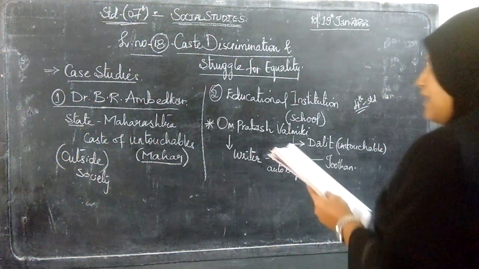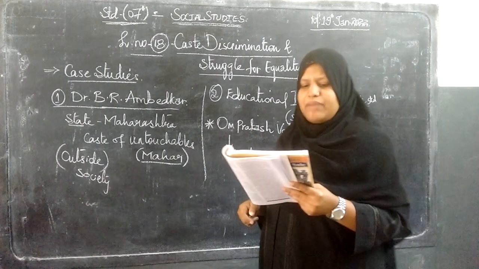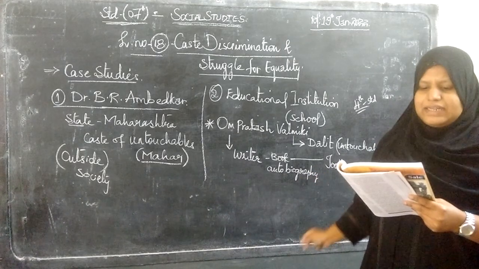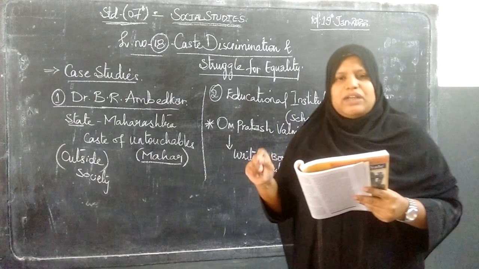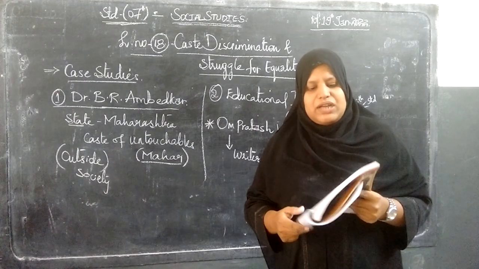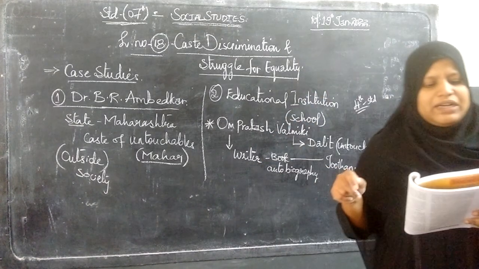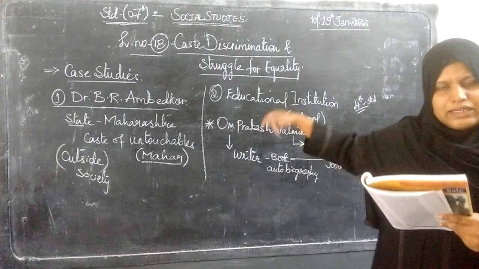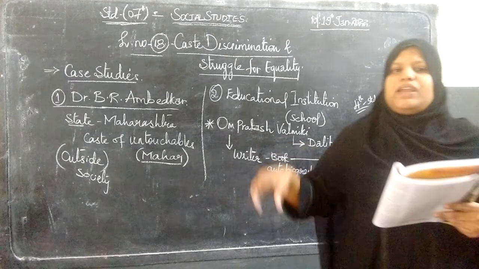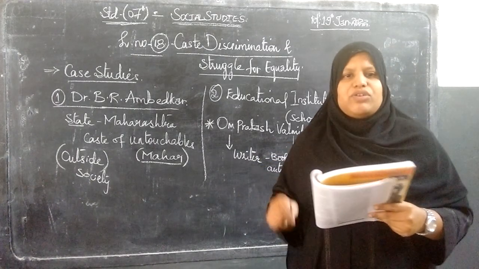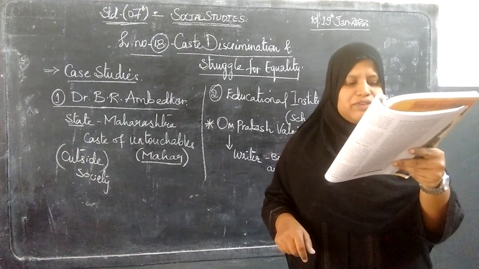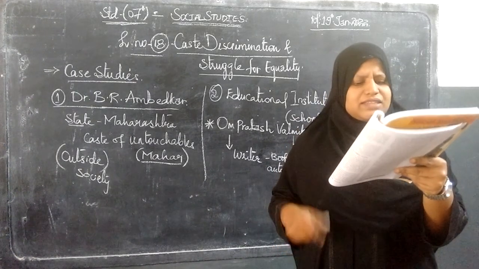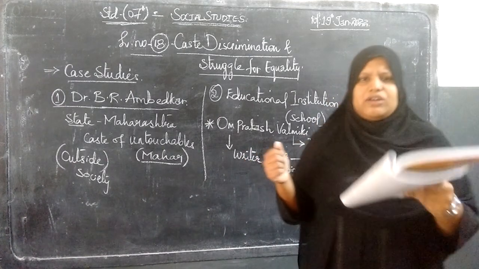Why do you think Om Prakash Valmiki was treated unequally by his classmates and the teachers? Because of the untouchable caste called Dalit, due to which he was treated unequally by the headmaster and the teachers. Next, if you were in this situation, how would you feel? Write a few lines about this. If you were in Om Prakash Valmiki's place, what would you feel? Last one, have you seen such incidents in your school or a nearby school, and can you share those experiences with the entire class? So, this is about the reality of this kind of